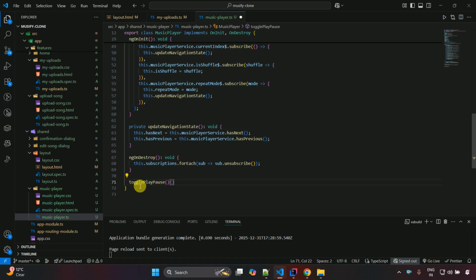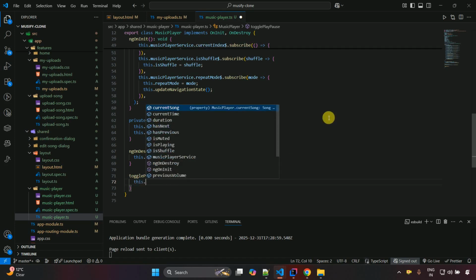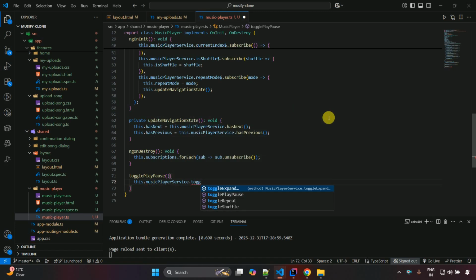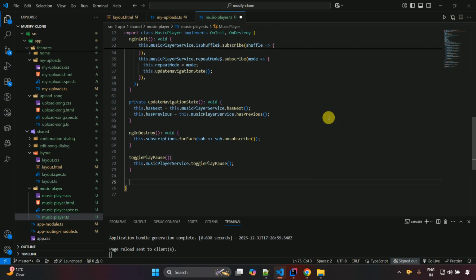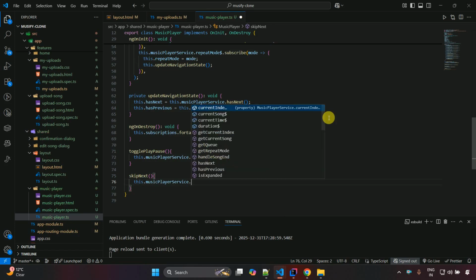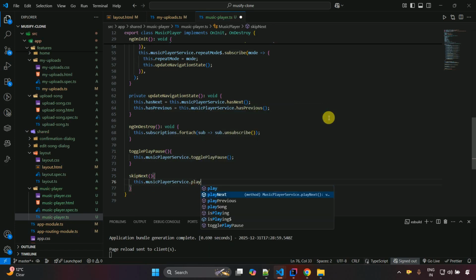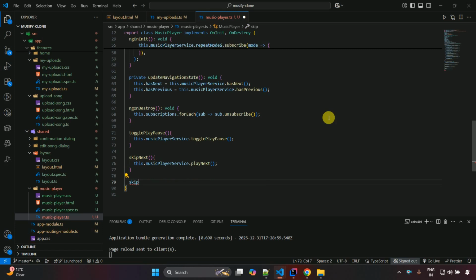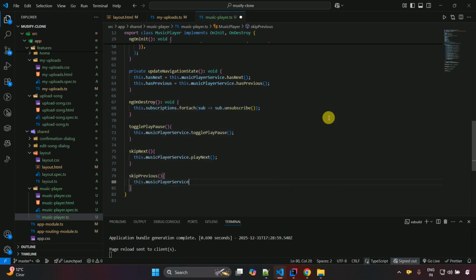This is the method we have to create, and over here this dot music player dot toggle play pause method we have to call, and after that skip next, and this dot music player dot play next, and skip previous, this dot music player dot play previous,